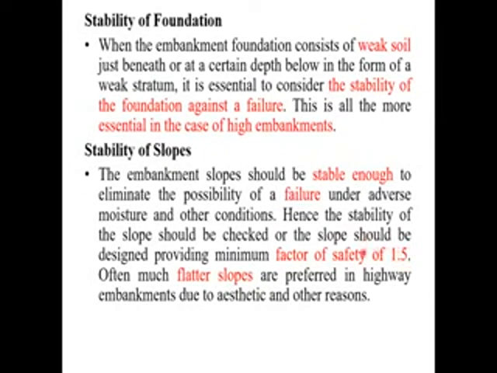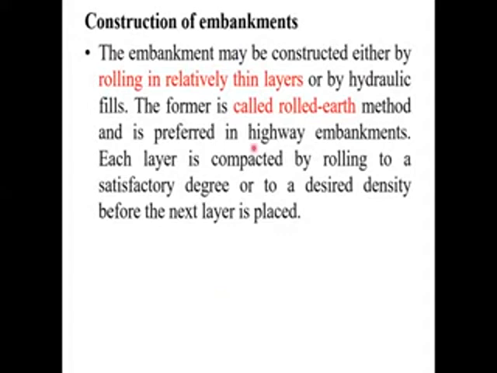Assume if the thickness of the GSB is 200 or 250 mm, you can construct in a single layer. Suppose it is 500 or 600 mm, then you need to construct in three layers. That is, you divide it into a first layer of 200 mm, a second layer of 200 mm, and a third layer of 200 mm. Like that you construct. Next, the GSB layer should be laid over the full width of the prepared subgrade. Just see the figure. Before the construction procedure, I will briefly tell how the construction takes place. If you understand that procedure, you will be able to write the remaining answer.